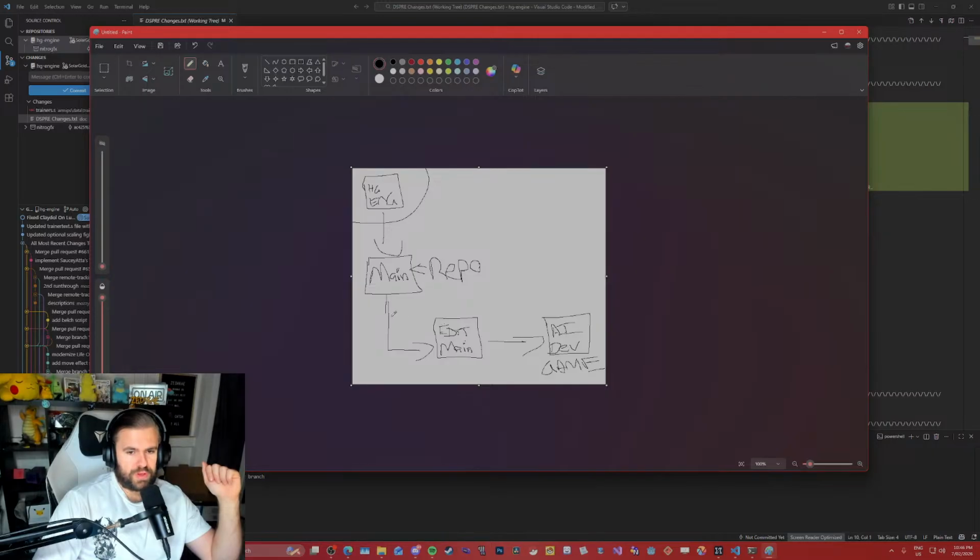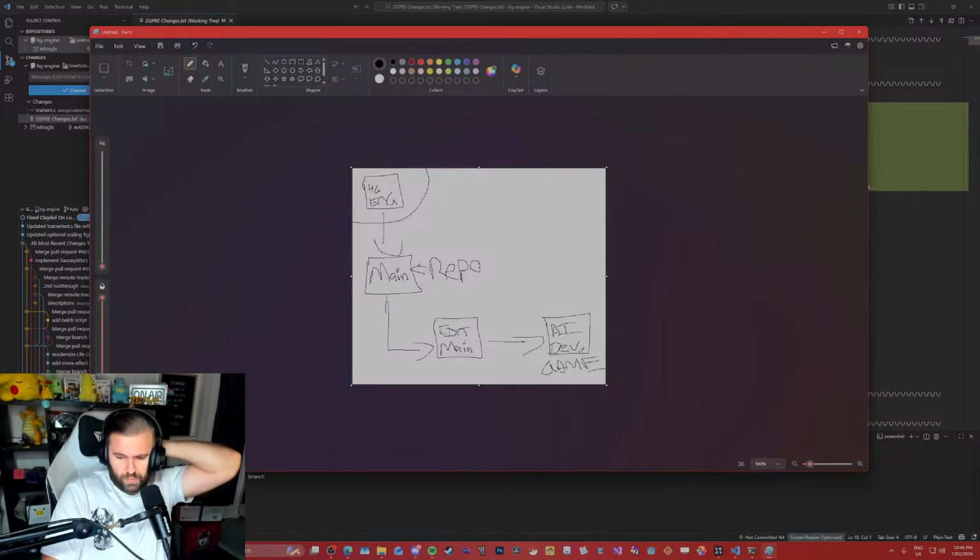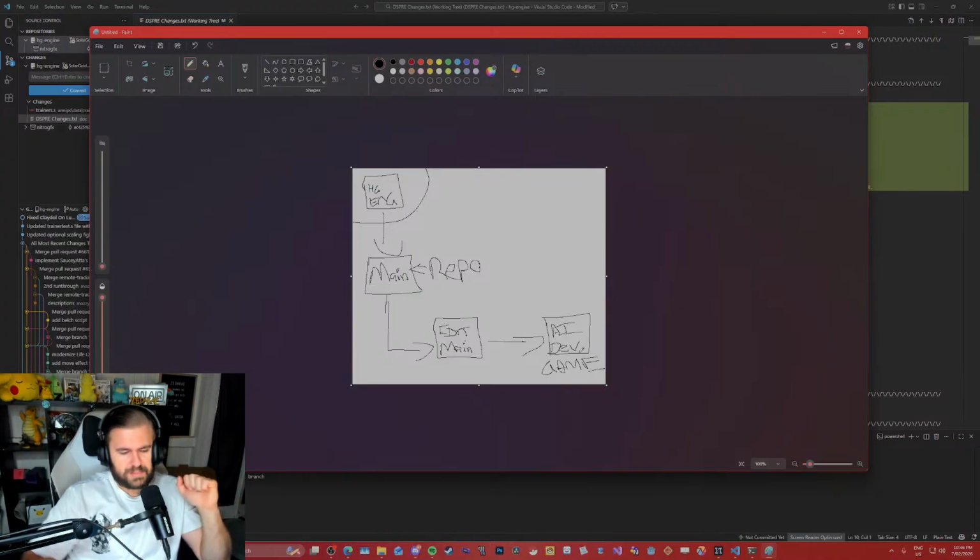Then I pull those changes into my main, which is Solid Gold Main 2. I make all my edits in here. And once I'm happy, I push it into the AI branch. The AI branch is literally everything from this branch, but then it has AI stuff on top, like trainer AI, how the trainers react in a battle. Like they go, well, you're going to use Fire Blast into my grass type and you're faster and you OHKO me, so I'm going to do this. That's where all these calculations happen.